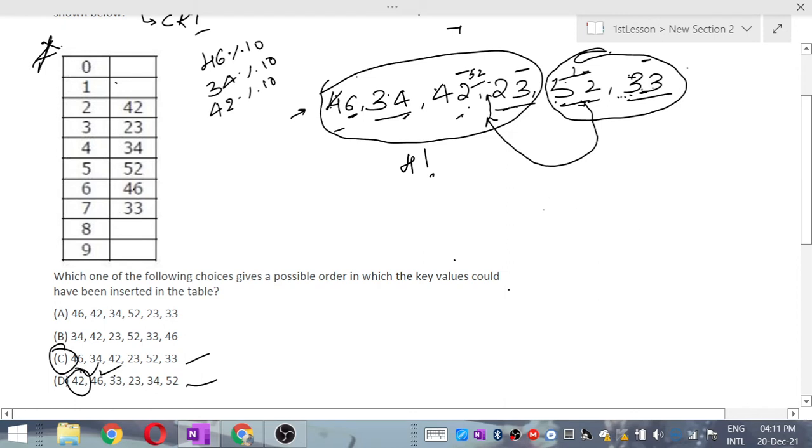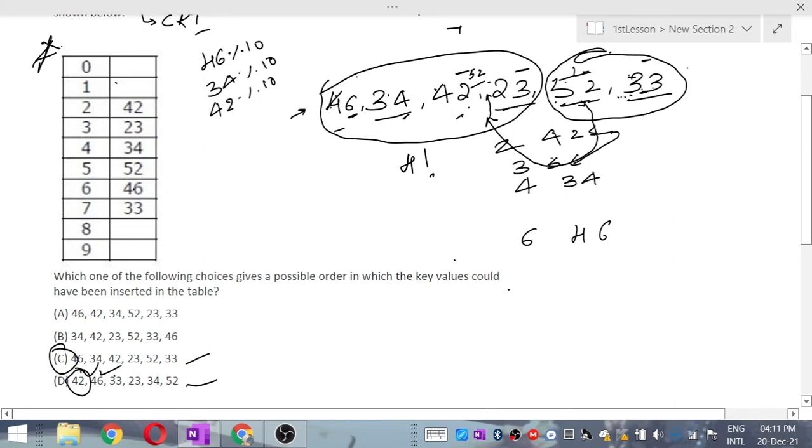See, 46 will go to the 6th location as it is, 34 will go to the 4th location as it is, and 42 also will go to the 2nd location, and now 52. 52 is mapped to the 2nd location. Whenever there is a collision in the 2nd location, it will come and map to the 3rd location.